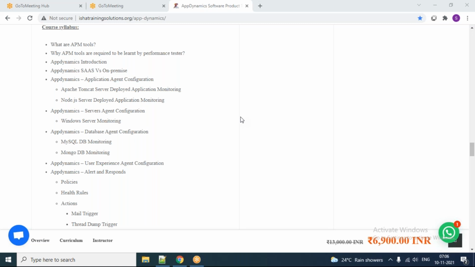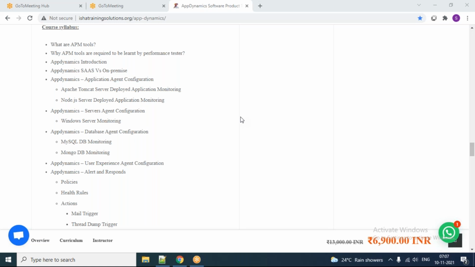Yeah, so please feel free to ask your question, guys, because you are going to learn this tool and you are going to use these processes and procedures in your organization's application. So you should have a thorough understanding of all the capabilities and features.